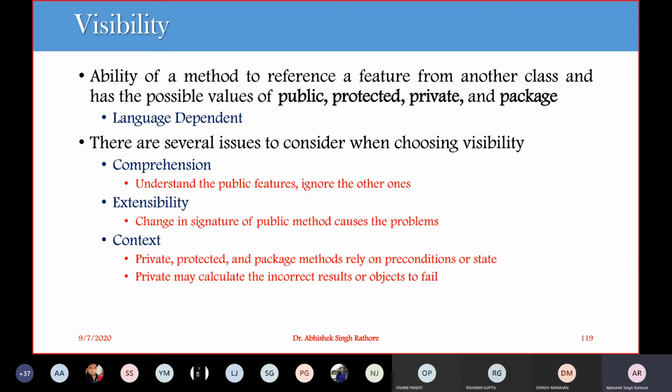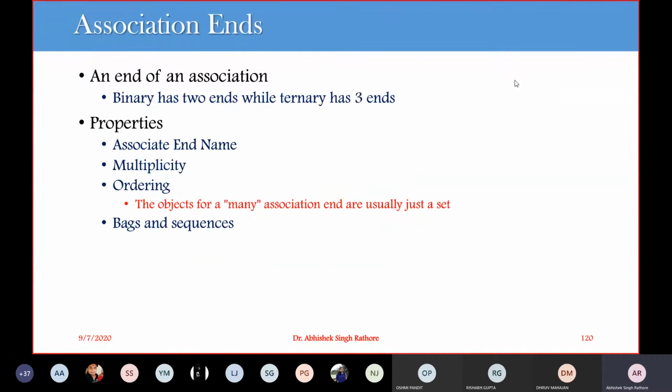So when we are going for private, we have to make a strict limitation that your data usage should be in that specific class. In case of Java, or self method, like in Python, this method should be called on that particular object. So we have to consider the context for defining private and public methods in addition to your protected and package. So next go for association rule.